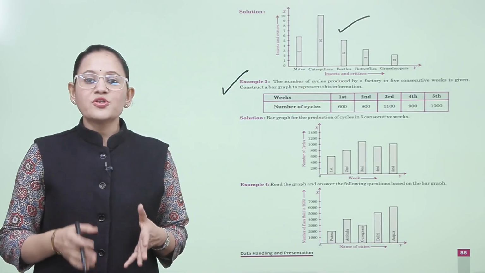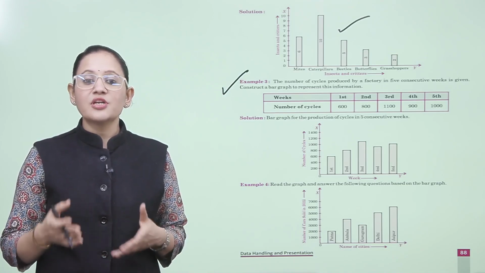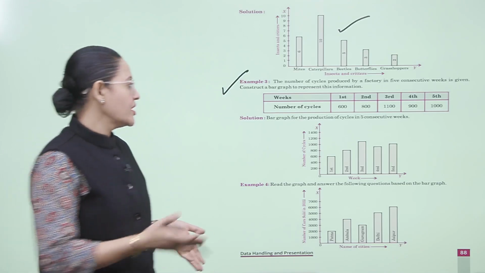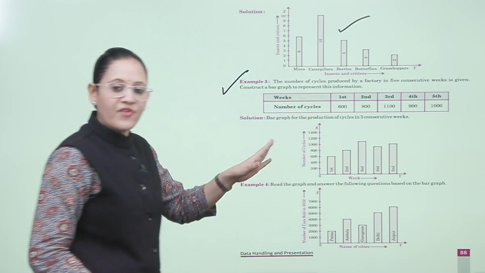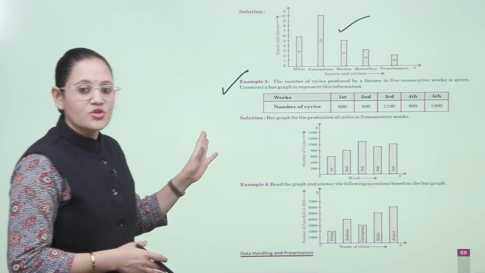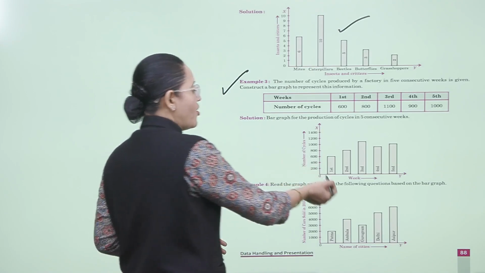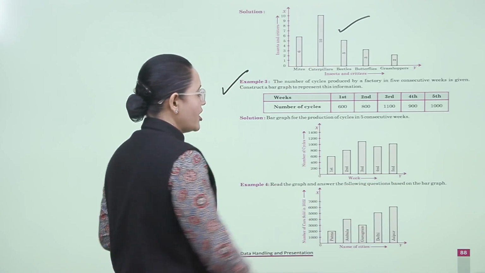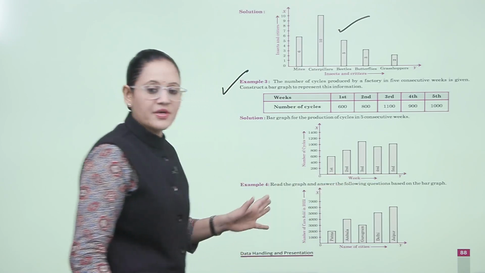The number of cycles produced by the factory in 5 consecutive weeks is given. Construct a graph to represent this information. So here, the number of cycles produced by the factory in 5 consecutive weeks is given here, and the number is given. So we have to draw the bar graph. We'll take a suitable scale. On the horizontal axis, we have taken the weeks, and on the vertical axis, the number of cycles,